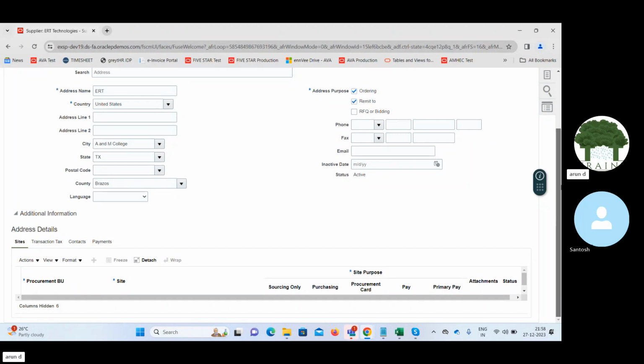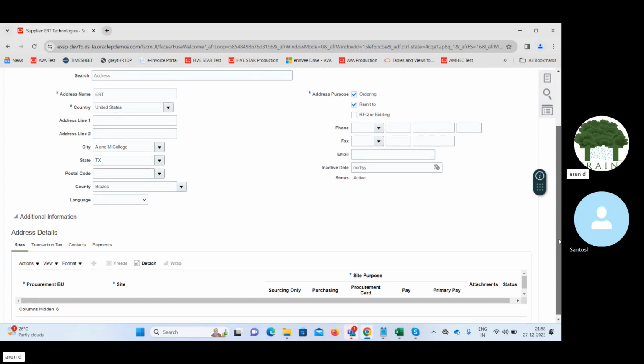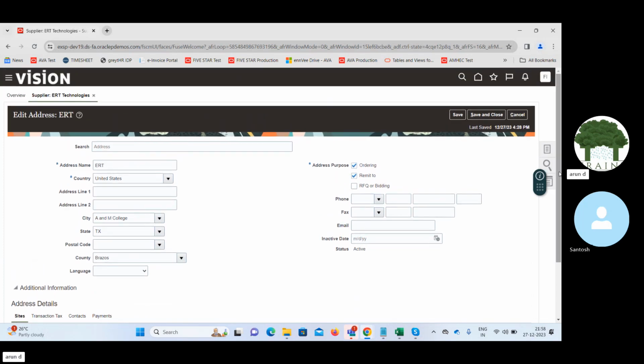Yeah, so that's about it. So the next one that we have is the creation of site and these things. For this, I will need access, or I will need this particular setup to be completed, that is procurement agent, because for the supplier creation, if I'm an implementation consultant, of course, the implementation consultant will not be able to create it, but if this implementation consultant is created